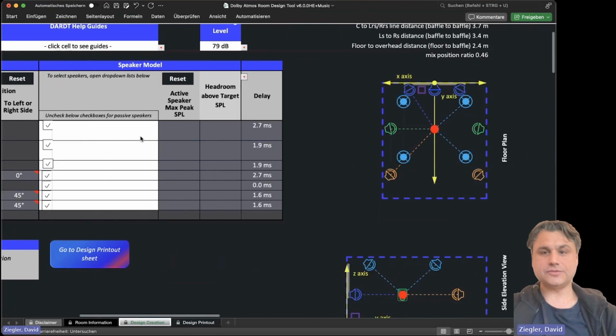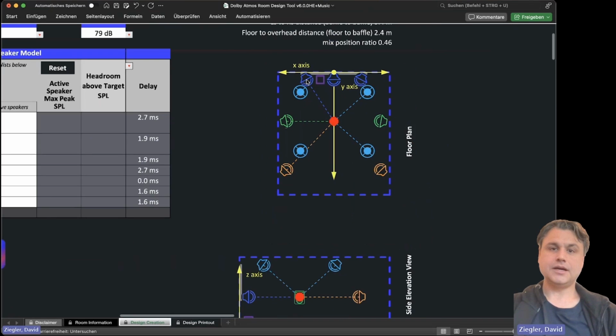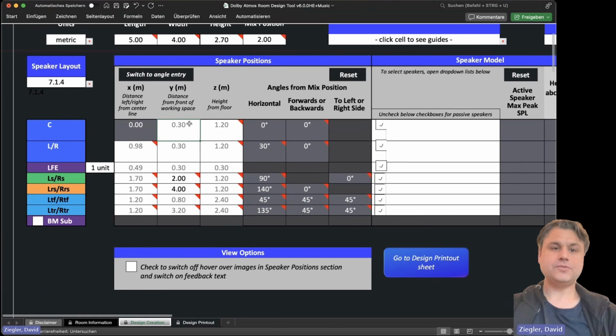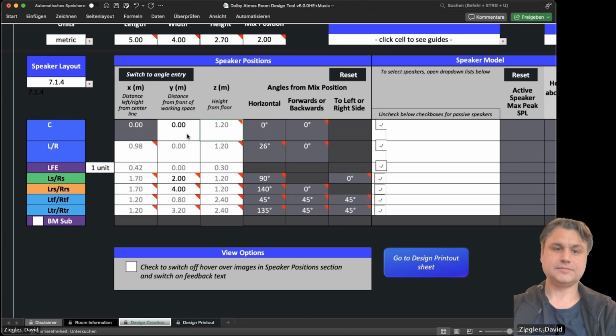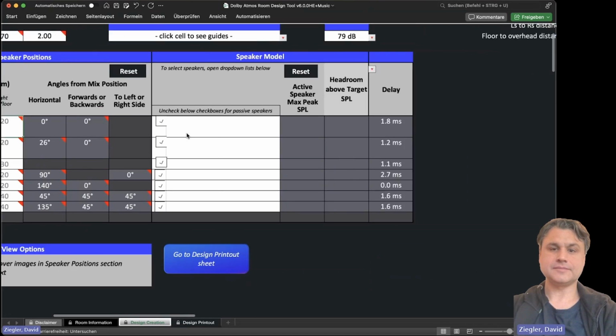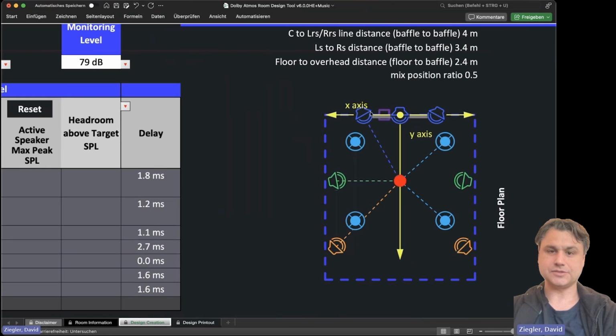And you can even, if you really look closely at the drawing, you see that it's actually also shown like that. You have your wall, and then you have the baffle of the speaker to be away from the wall. Okay. And if you would have an in-wall speaker, then very simple. In that case, the baffle of the speaker is at the same distance as the actual wall. So in that case, you would change this to be 0. So now it would be an in-wall speaker. And you can see that DART has automatically adapted,